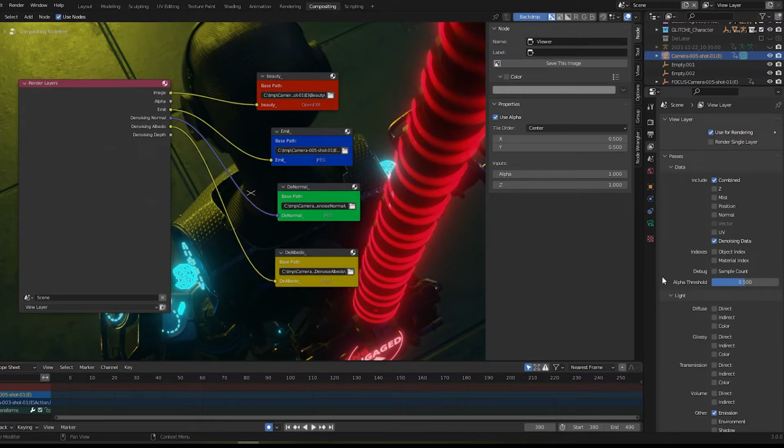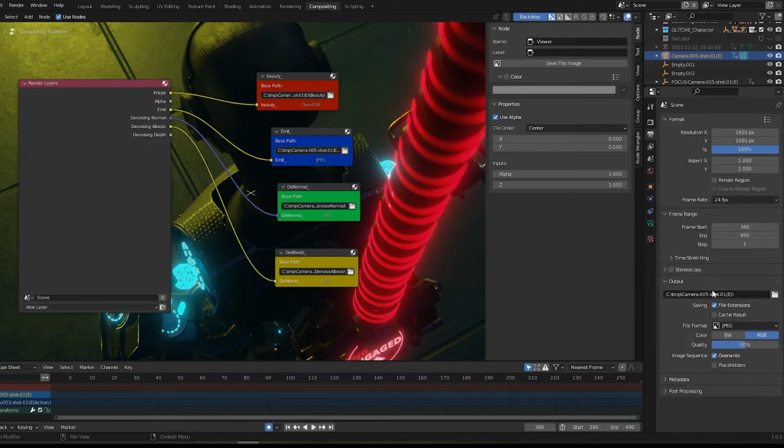So later I can use those passes to tweak the look and feel of the image to my liking. The issue is when you render out passes in Blender, you have to use an image format